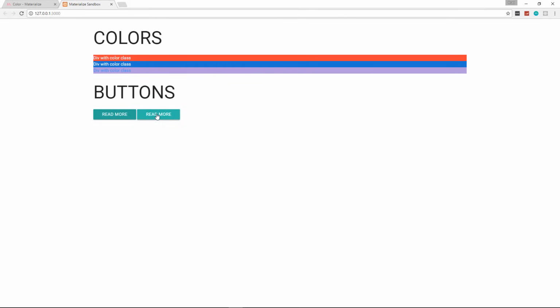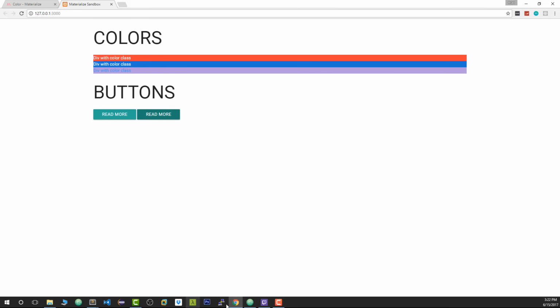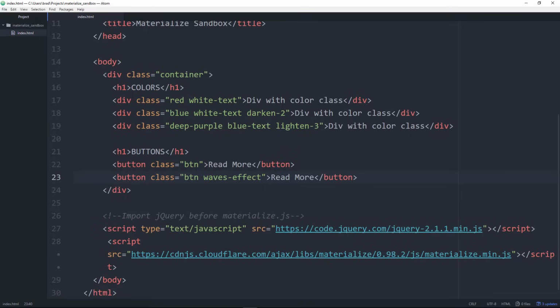Now what's really nice is when we click in the middle, you'll see it kind of shoots outward. If I click over here, it goes to the left. If I go over here, it goes to the right. So it depends on where you click as to the effect that it's going to give you, which is really cool. All right, we also have a waves-light class we can use,